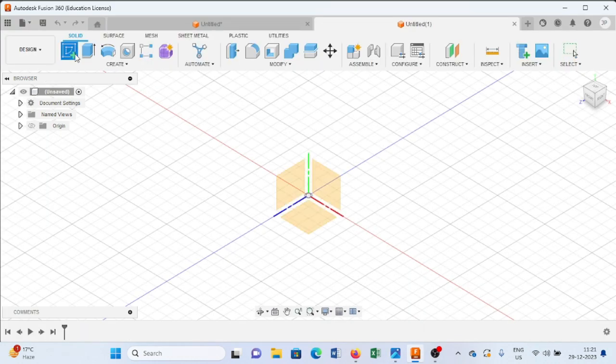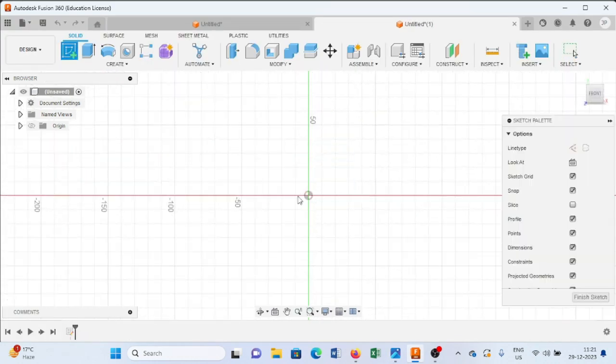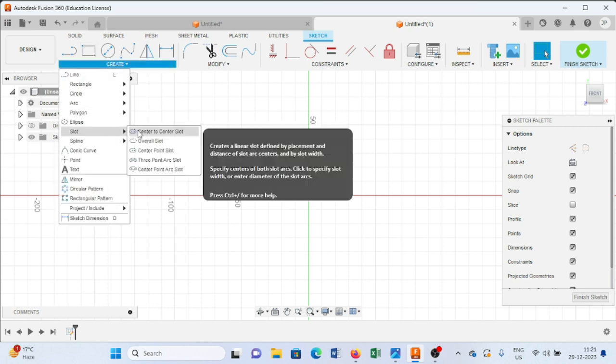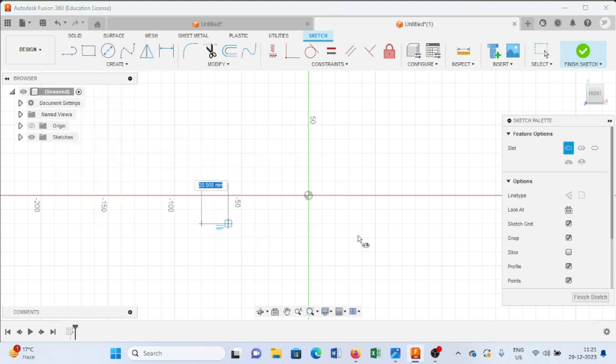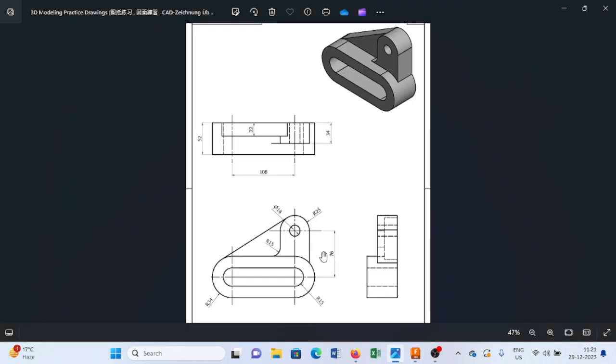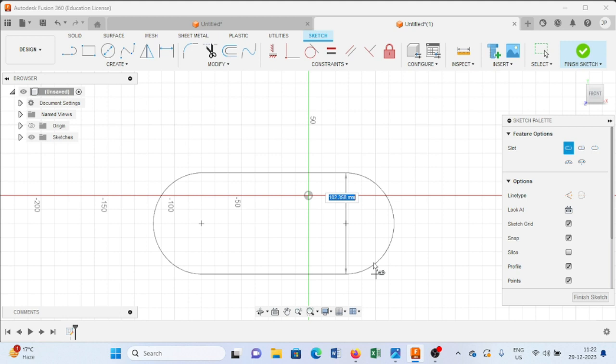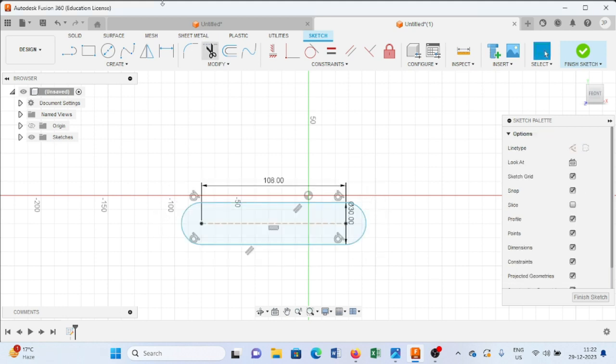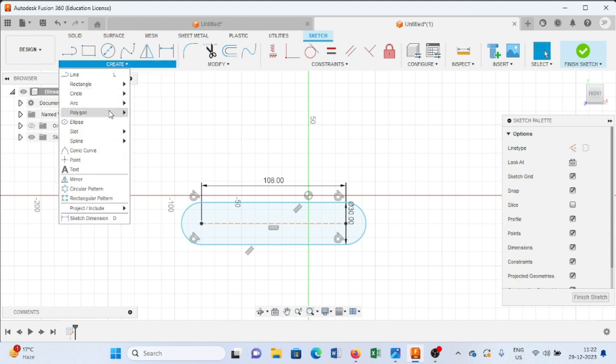So first go to create sketch, then select the plane. Now as per drawing, first we will create a two center slot. So here I will provide 108, and as we can see in this particular image it is radius of 15, so here we will provide 30 and press enter. After then we will use this